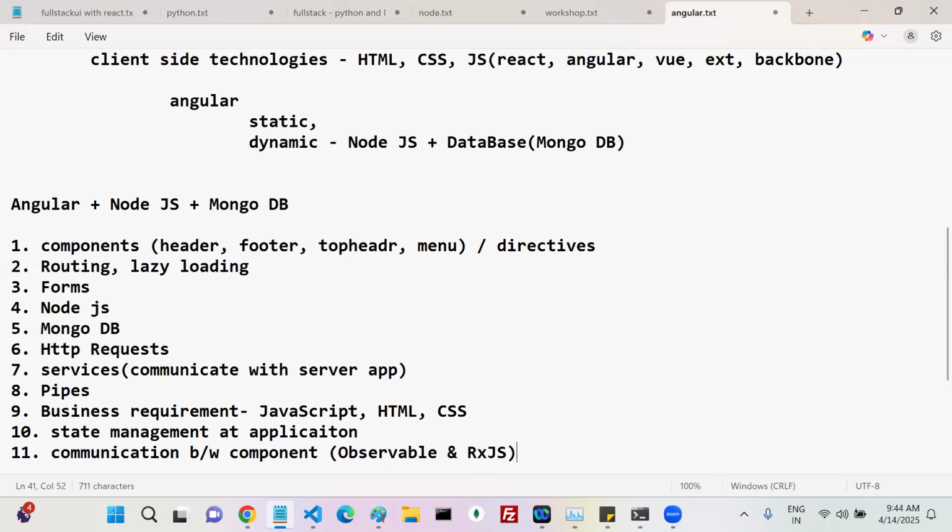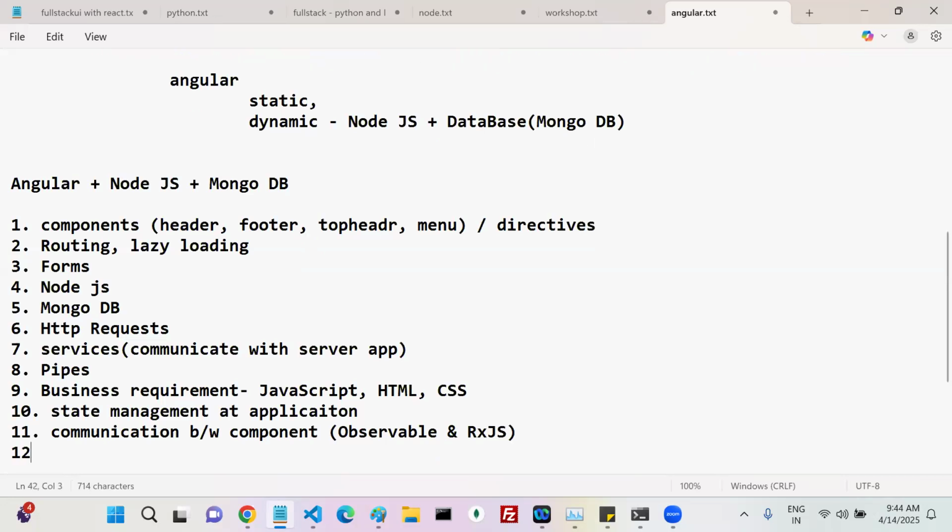Understood, everyone? The next one is the module concept. For example, in my student application, student is one module, staff is one module, and admin, super admin, which is nothing but the principal, is one module. In my application, we can create and handle different small applications. Each and every application is like one module.